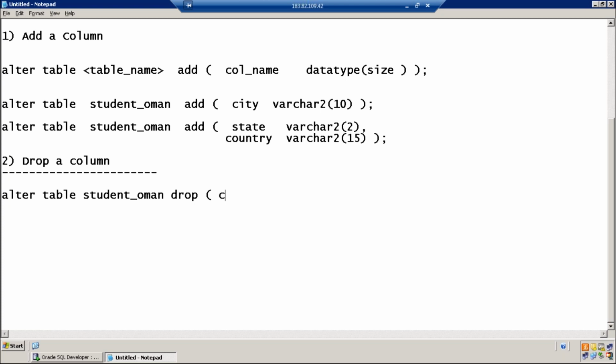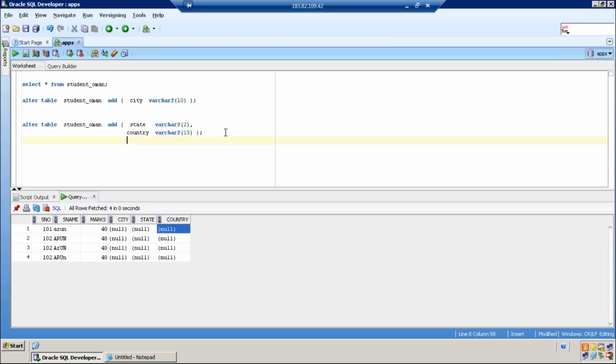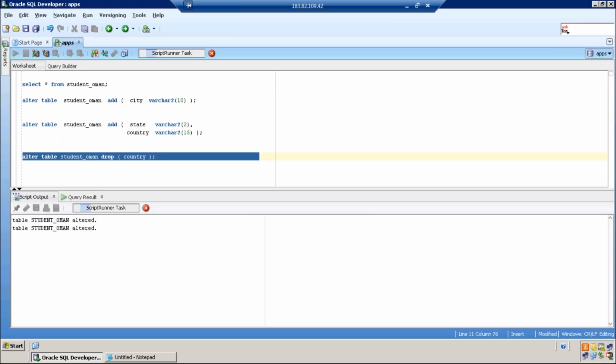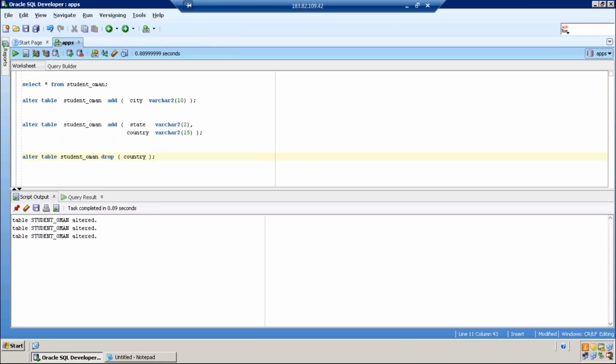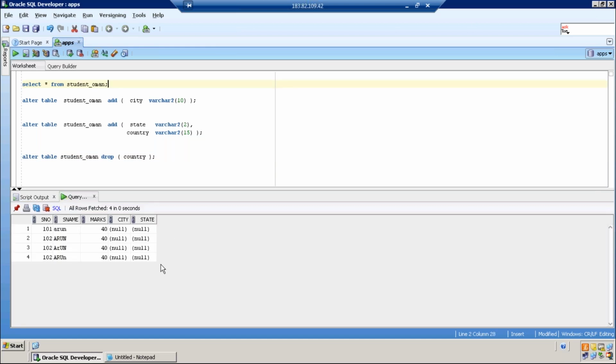I want to drop the last column country. Table altered. Go back to your table student Oman. The country has been removed.